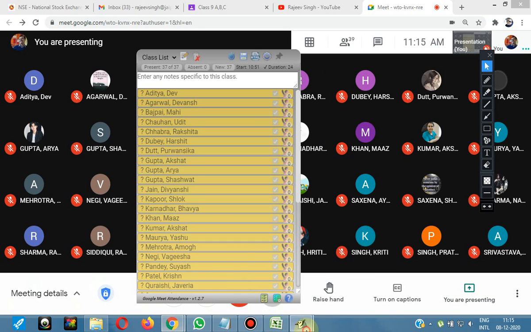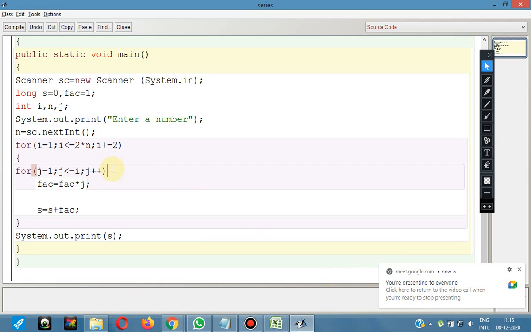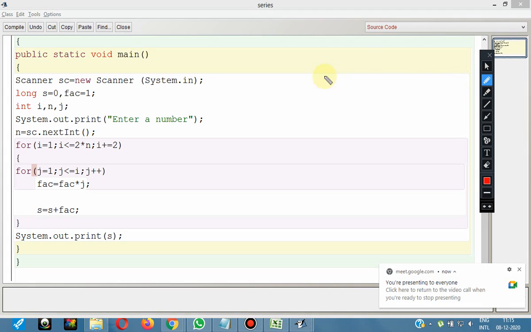Devansh, you were half correct. See, it's before fac also. No, reinitialization of only fac, beta, not s. Okay, we will not reinitialize s again and again. Now see, class 9, if we dry run this program, let's say, first value of i would be 1,